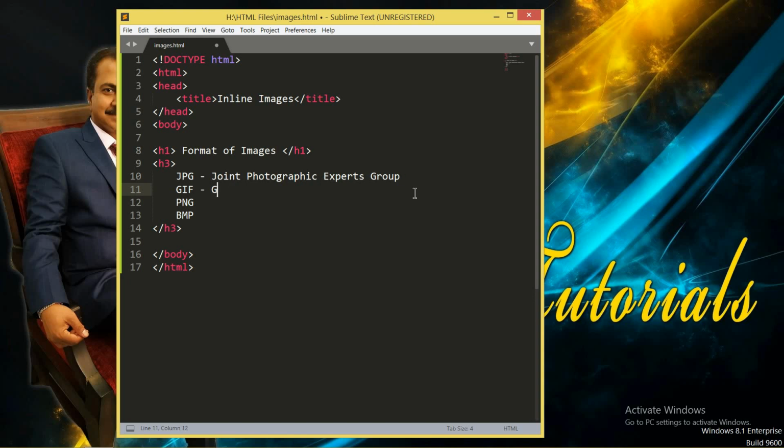GIF stands for Graphics Interchange Format. This is the full form of GIF. And PNG stands for Portable Network Graphics. And BMP is called bitmap.